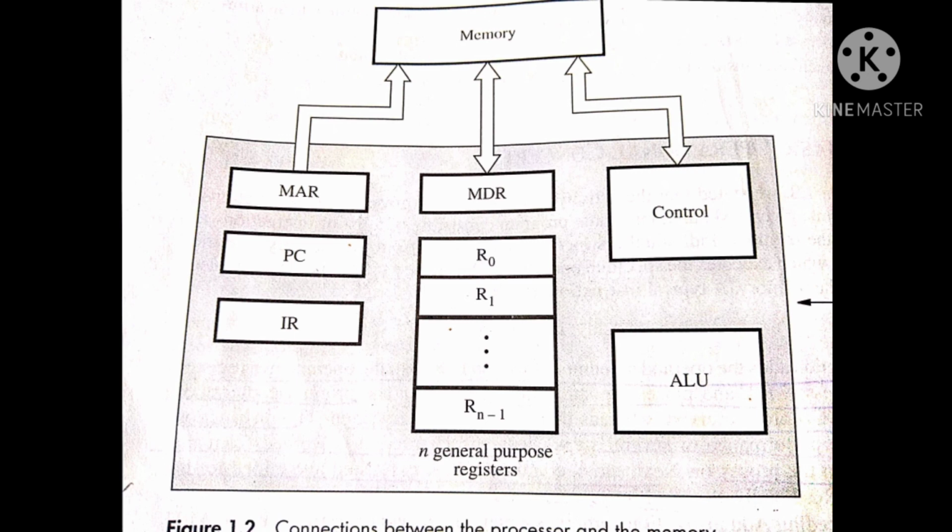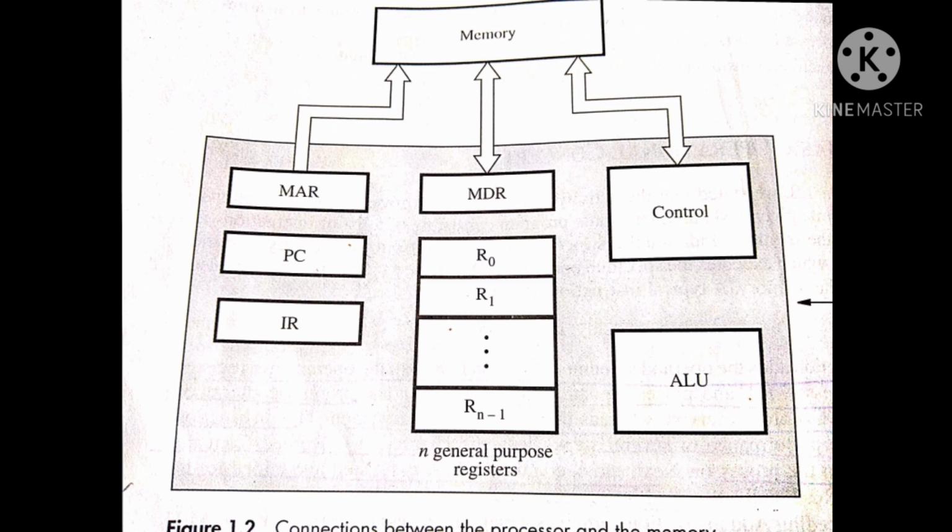The address of the location where the result is stored is sent to the MAR and the write signal is initiated. The PC must be incremented to point to the next instruction. After performing this instruction, the program counter moves to the next instruction. This is how it works. I hope this is clear to you. This comes for 12 marks. You have to write what MAR, MDR, IR, PC and ALU are.